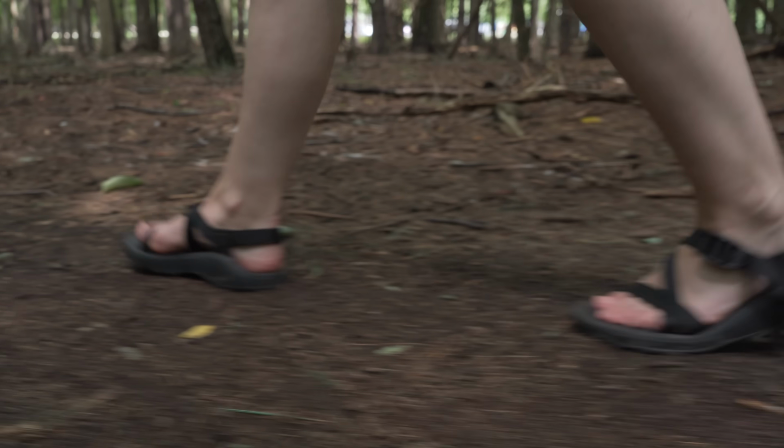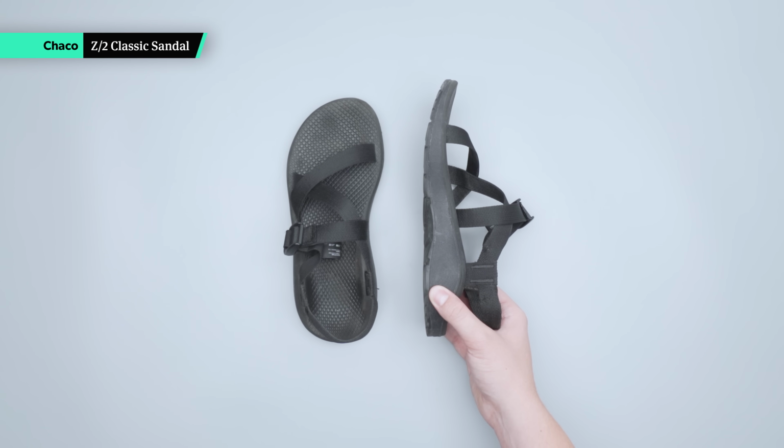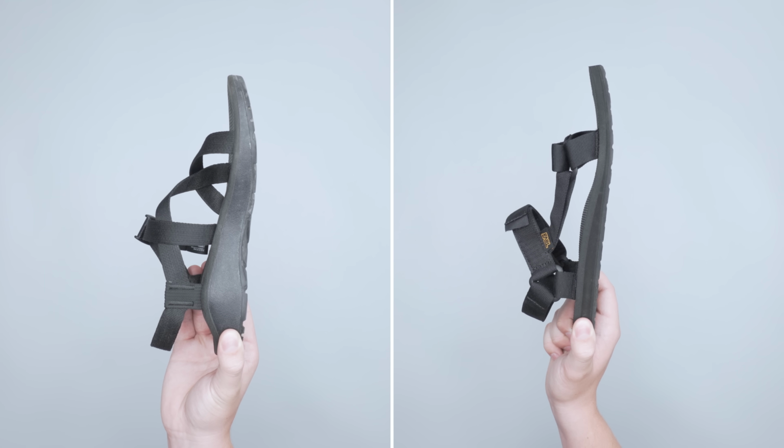Choosing the right footwear is a daunting task for any trip. However, the silver lining in hot weather is that the footwear is generally less bulky. Sandals are great for breathability, but be sure they have the right amount of support for your feet. If you're going off on adventures, try something like the Chaco Classic Sandal. They're less sleek compared to the similar Tiva Universal Sandal, but they have more arch support for things like hiking